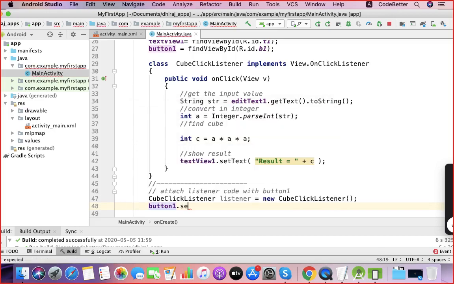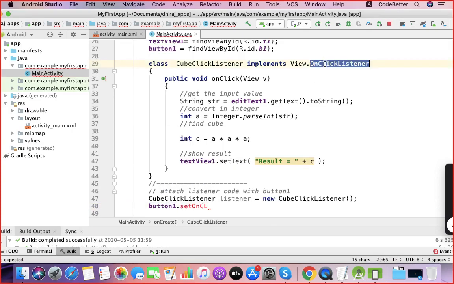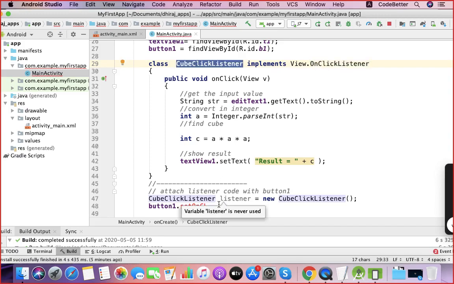Button has a special function setOnClickListener. And what is the argument of this setOnClickListener? OnClickListener. Yeah. Since OnClickListener is an abstract class, in place of OnClickListener we created an object of its subclass.